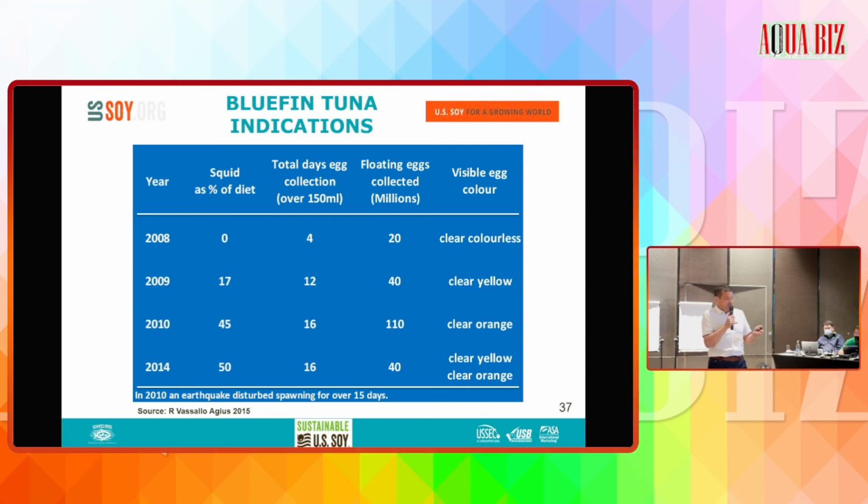You can see here they are drastically improved with squid added, and also clear yellow, clear orange color in the eggs. Here I made a note that in 2010 we lost a lot of spawning days because there was an earthquake. Okay, so there was an earthquake, this was in Italy, okay, and we lost a lot of spawning days. But basically we get an indication that the carotenoid in the diet and the squid gave good quality because there were good hatching rates,